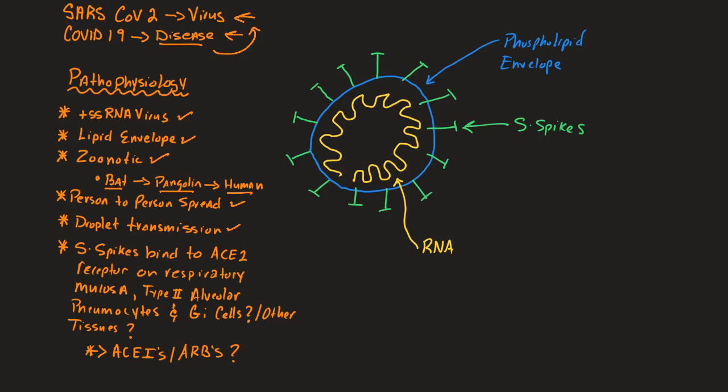As I explained in the other video, there are what we call S-spike proteins, and those S-spike proteins bind to very specific kinds of receptors. And the specific receptor we think that these S-spike proteins bind to is something known as the ACE2, the angiotensin converting enzyme 2 receptor. And this receptor is expressed in large numbers on respiratory mucosal cells, on the ciliated cells